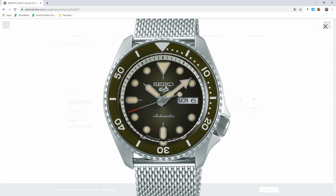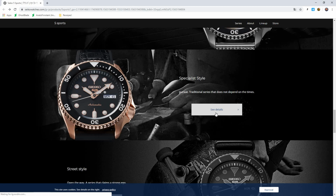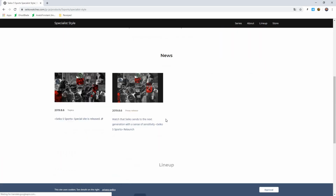And you can see that new 5. Ooh, what do you guys think about that 5? It kind of looks like a shield. I think actually that's probably okay. But yeah, these are cool. And then this is not all. There are still 2 other lines. There's the specialist line, and it looks like these ones are going to be...